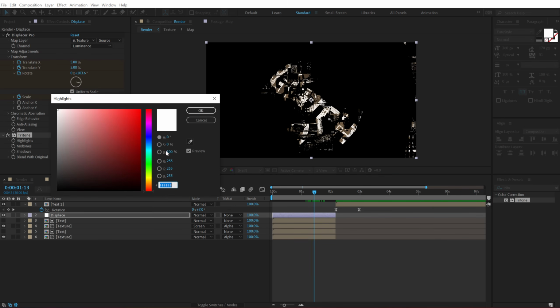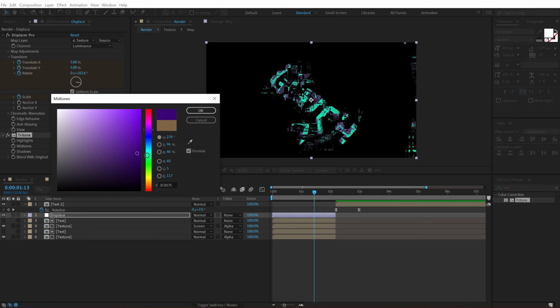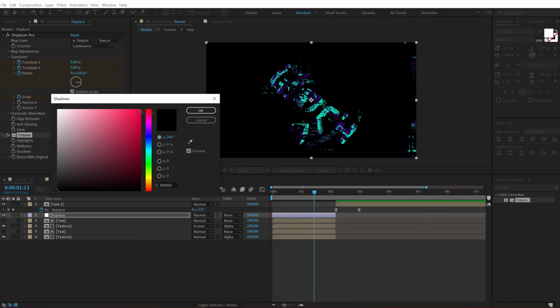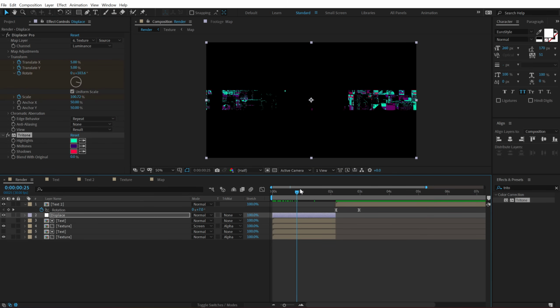So for the highlight, I'm gonna go with a nice teal color. For the midtones, I'll go with a dark purple color, and for the shadows, I'll go with a kind of hot pink color. So these colors look really cool on a glitch. I think